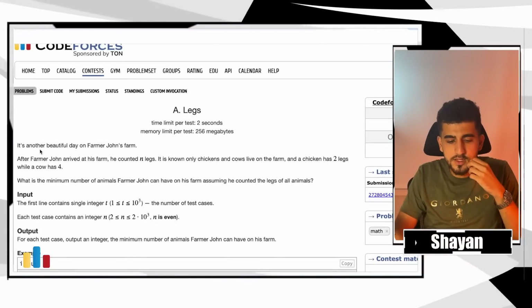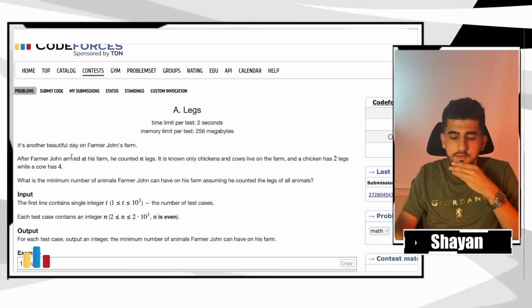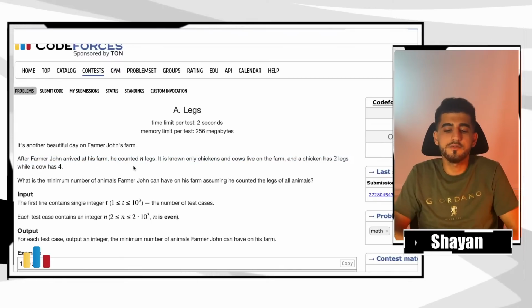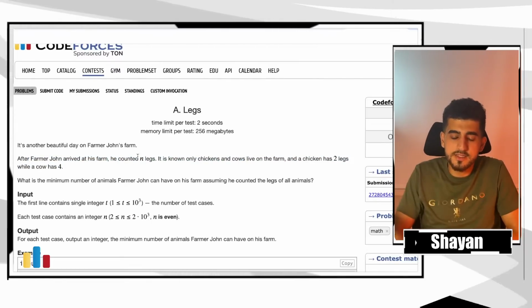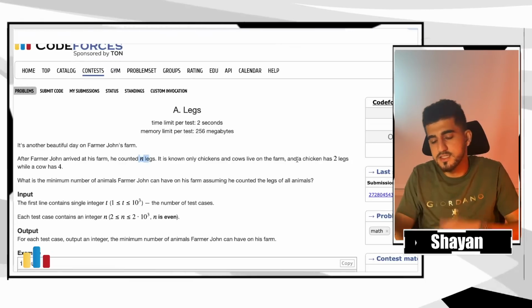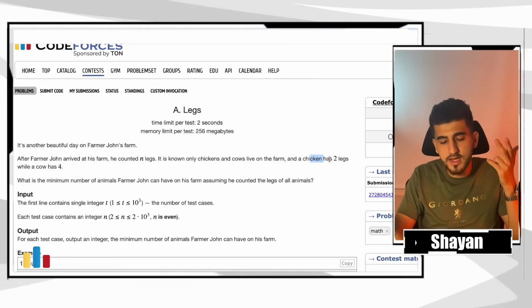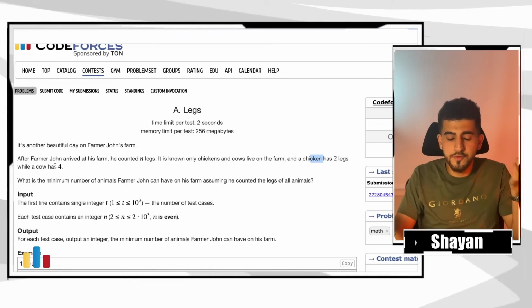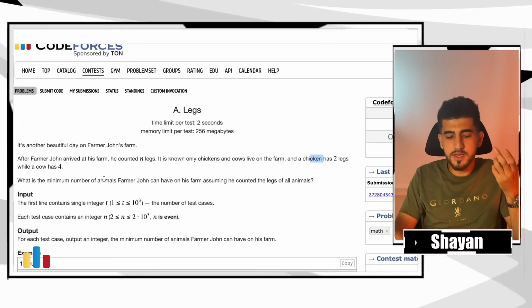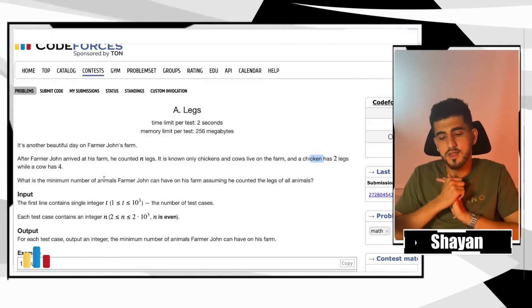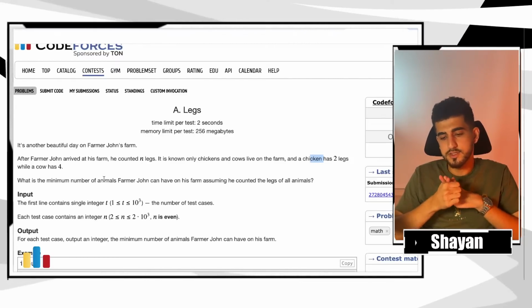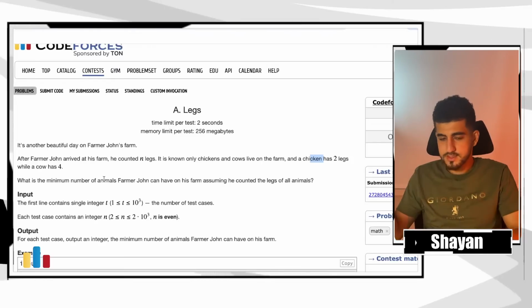Legs. It says that we have a farmer and he counted the legs of his animals and he has seen n legs. We know that a chicken has 2 legs while a cow has 4 legs. What is the minimum number of animals Farmer John has on his farm, assuming he counted the legs of all the animals? Well, first of all, we can say that